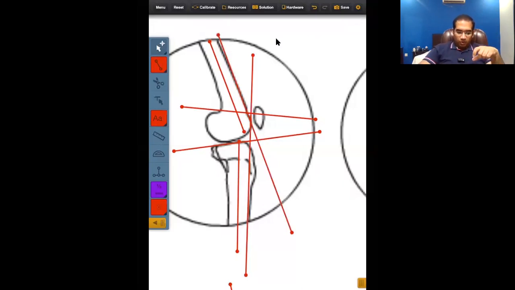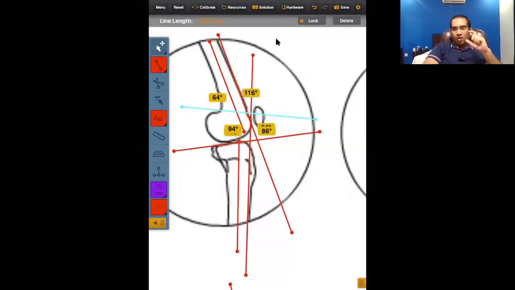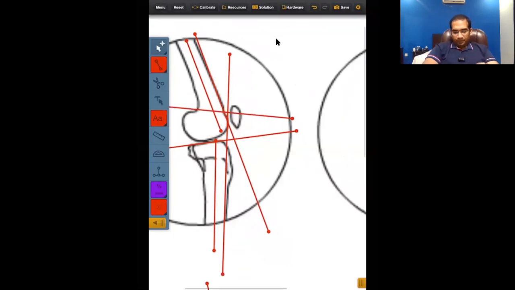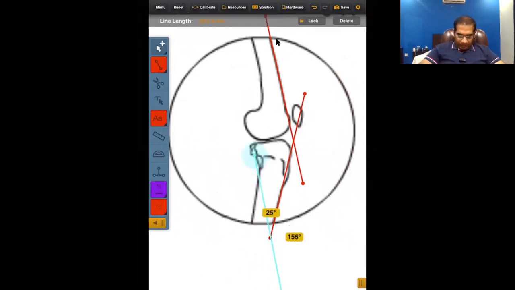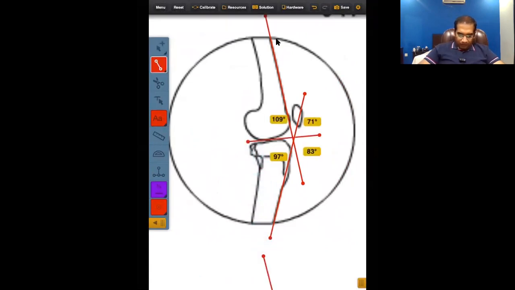In this scenario, we came to know that most of the flexion attitude of this knee was because of deformity in the femur, since the posterior distal femoral angle is 64 degrees. I'm not going to discuss all the scenarios, it is going to confuse you even further. In this scenario, let us simply draw quickly the mid-diaphyseal lines.